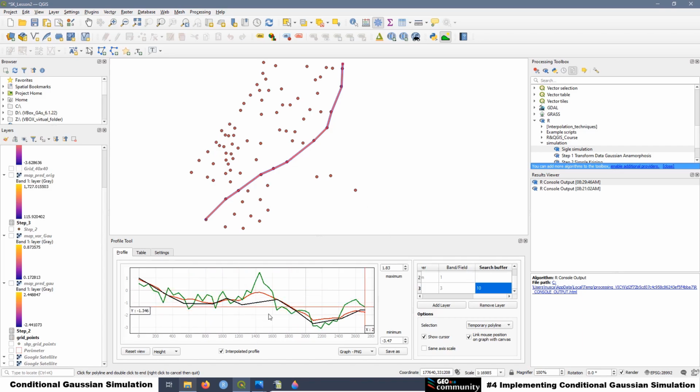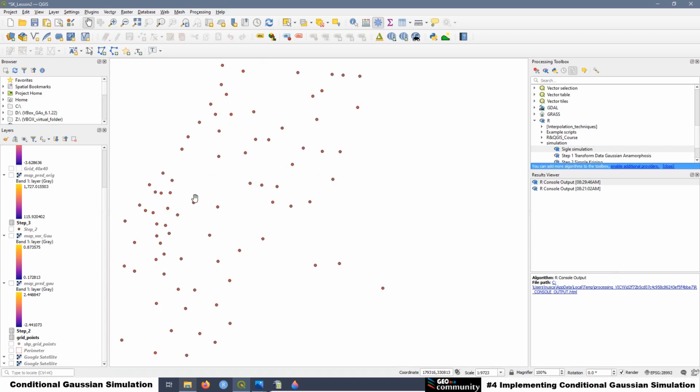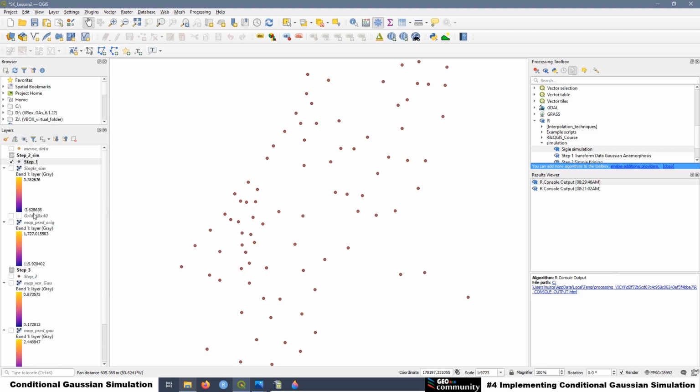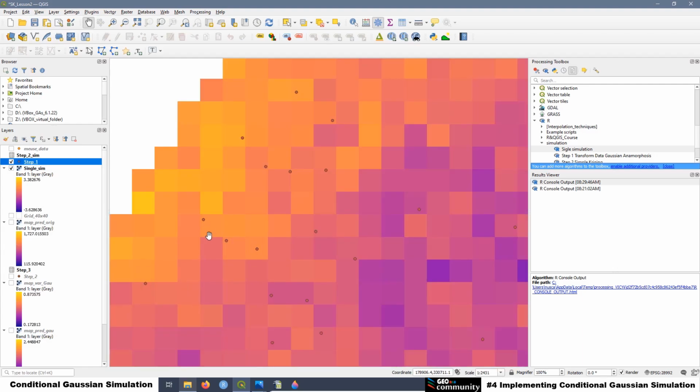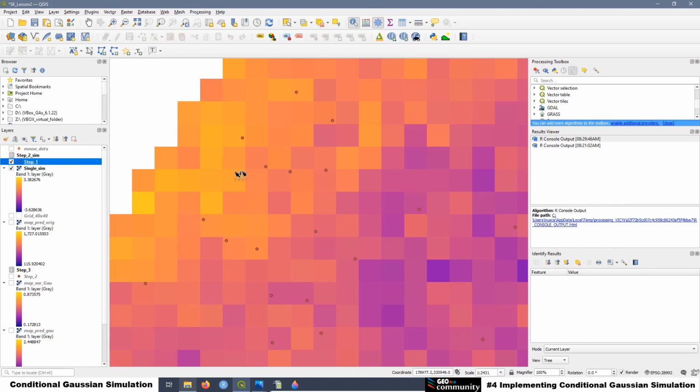Now I'm going to close this model here, and I'm going to show you how you can also see the difference between the value at the sample location and the value at the simulation. For example, let's take this point over here. Then we select the layer, that is step 1. Then we go to information, and we can select this point. Then here you have the information related with this point. And as you can see, the value for the original data set is